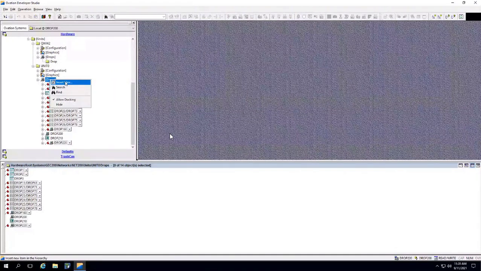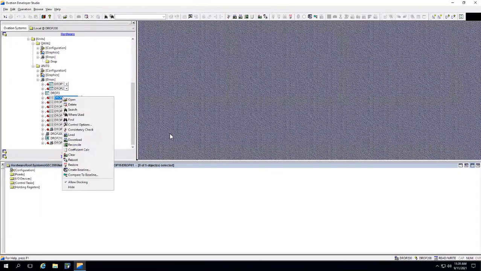So the first option is open or insert new. If you want to modify any existing object, you can open it, or if you want to add a new object, then right click and insert new on the parent object of that element.